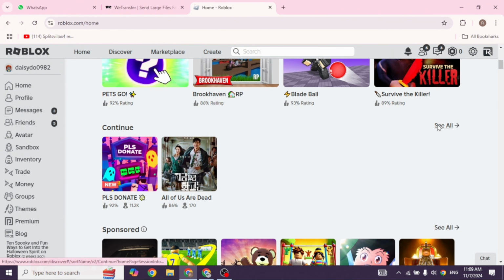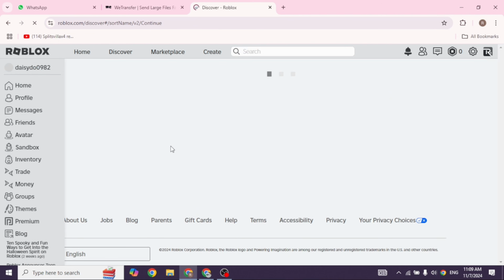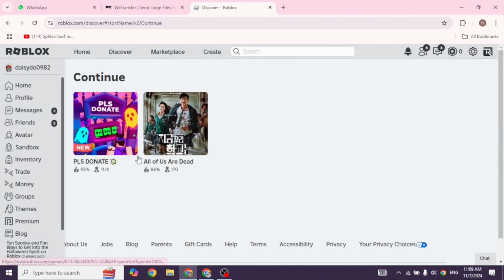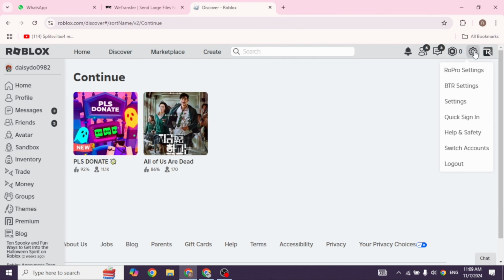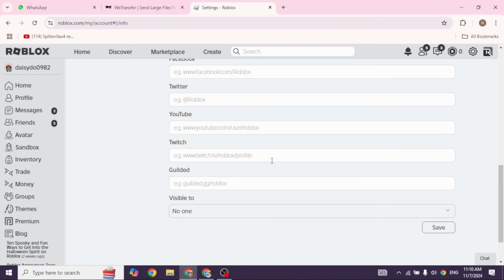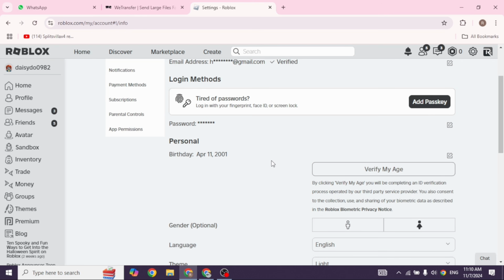Click on the option of See All. You're going to find the list of all the games that you have played before. Here you won't get any option to remove it. Likewise, click on the option of Settings given at the top right. From the list of options, click on the option Settings. Here you're going to find different options, but you will not find the option to remove Roblox games from Continue